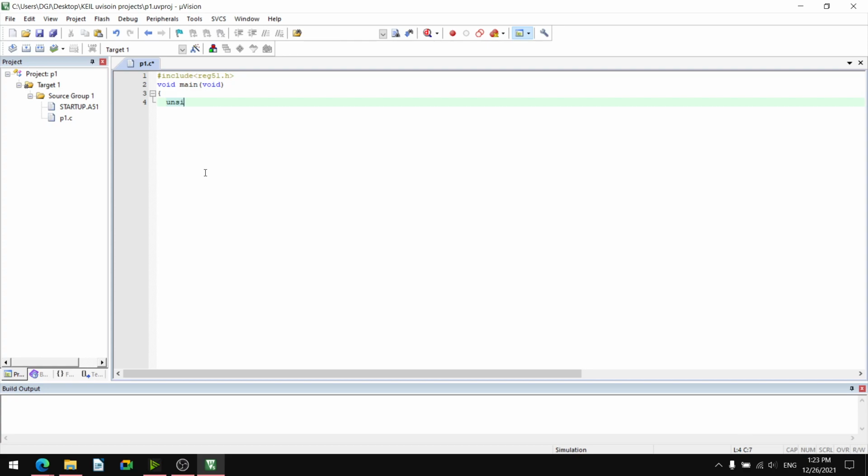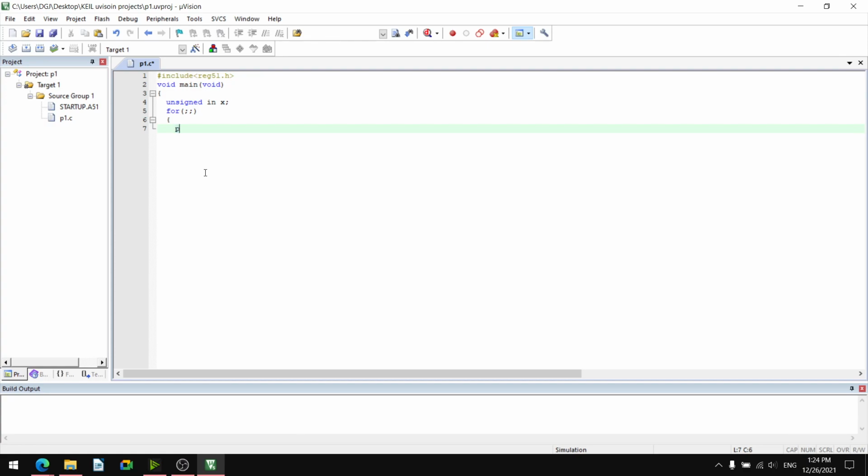Then suppose unsigned integer, say x, the declaration of the variable. Then the infinite loop: for(;;). Then we start the block of instructions for the infinite loop, that is the opening curly bracket.